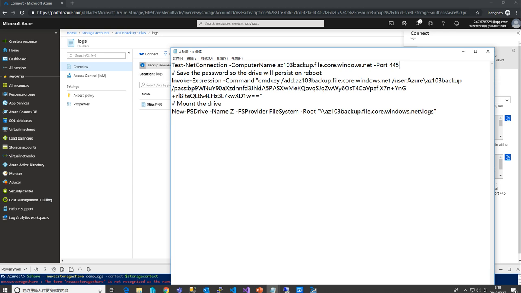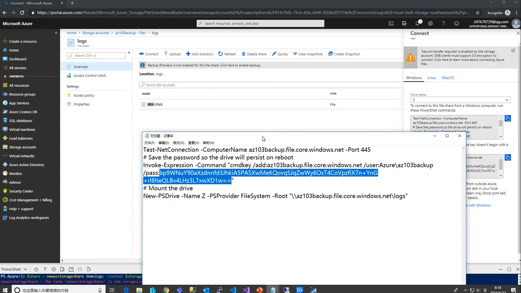For example, we can see here the username is Azure. It must start with Azure, followed by your storage account name, in this case AZ-103 backup. And the password is simply key one. So if you do the comparison here,